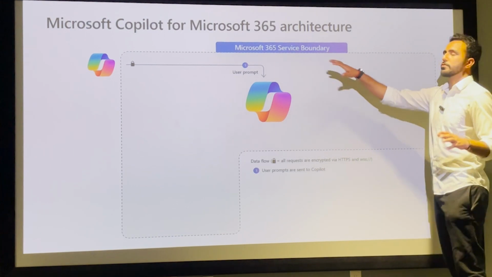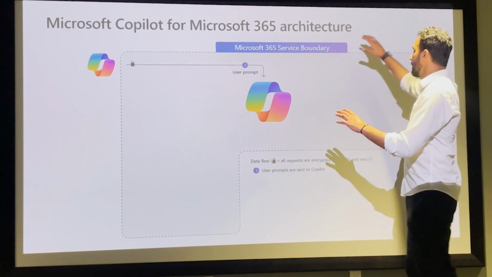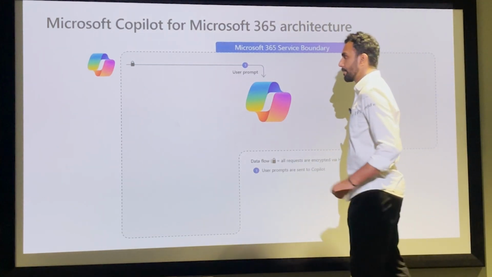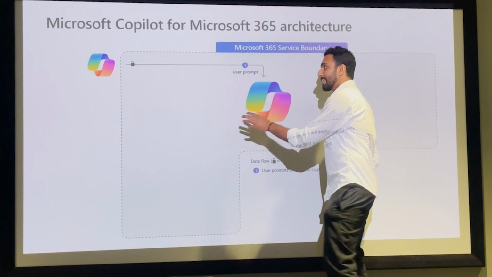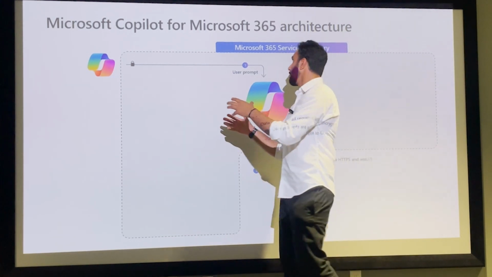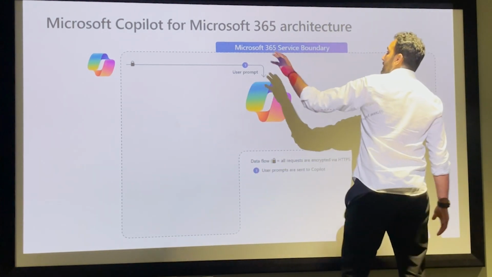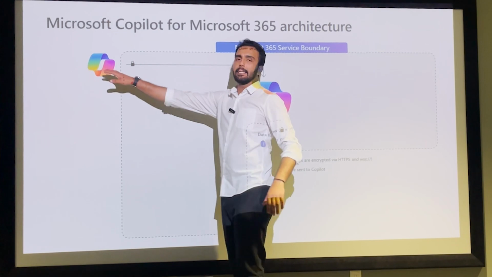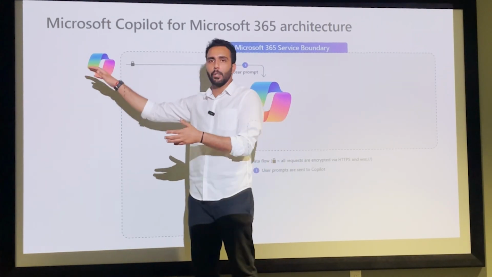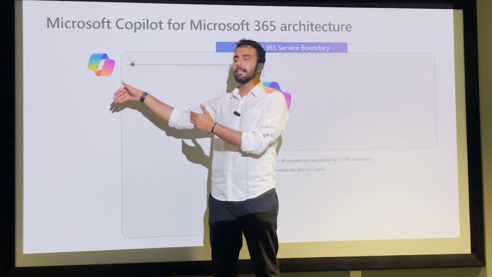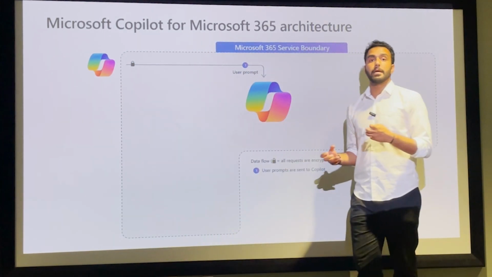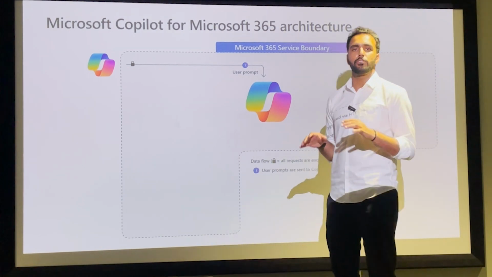You see here, Microsoft 365 service boundary. That means this is your organization. Everything that's dotted here, this shape, anything inside of this is inside of your company. It never leaves your company, right? Now, this is the user. The user sits conveniently outside of the organization. Can be inside, but it's basically a request that's coming from outside, from the internet, or maybe from a third party. So whenever, as a user, you make a request to Copilot, you're just typing in a prompt,